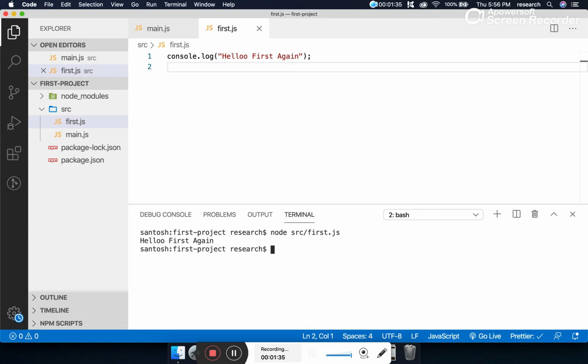Now let's study the anatomy of the program. If you are coming from a C, C++ or Java background, you will find it a little bit surprising here. There is no main function kind of thing. In C or C++, we find a main function, and in the main method we write all our logic. If you are coming from a Java background, over there also there is a method called public static void main. But here, there is no such thing.